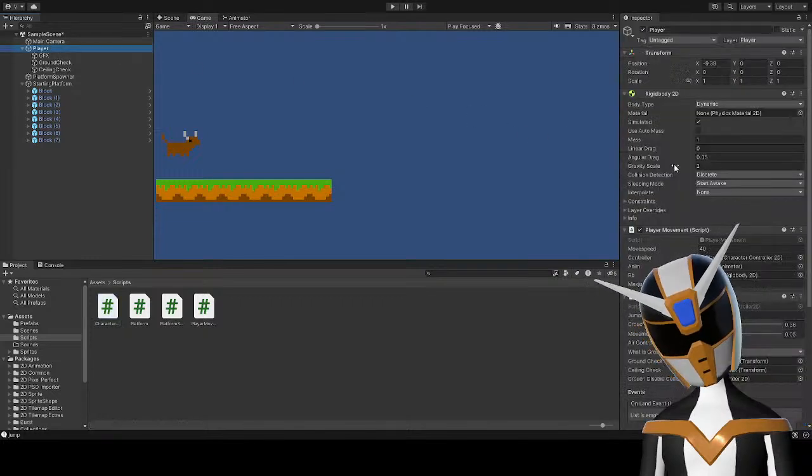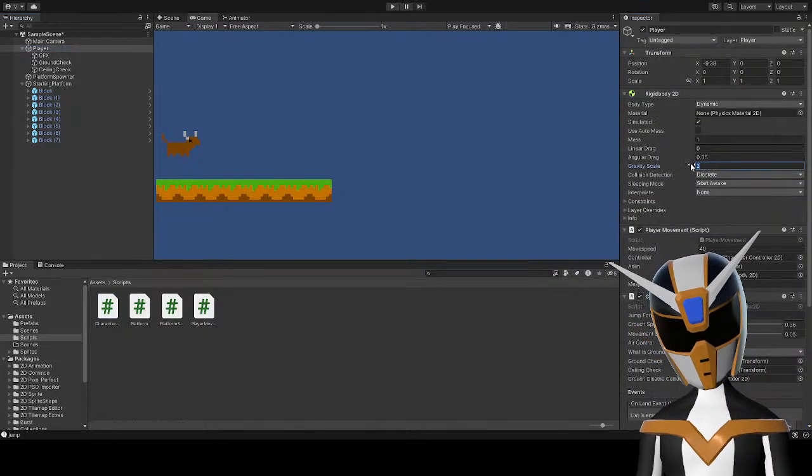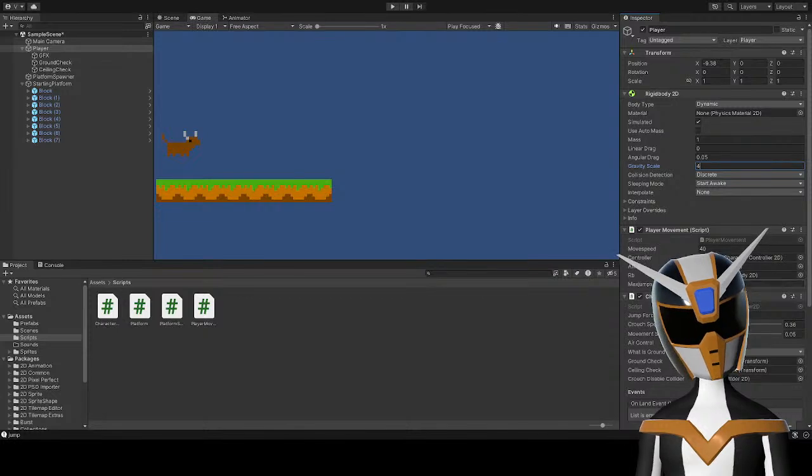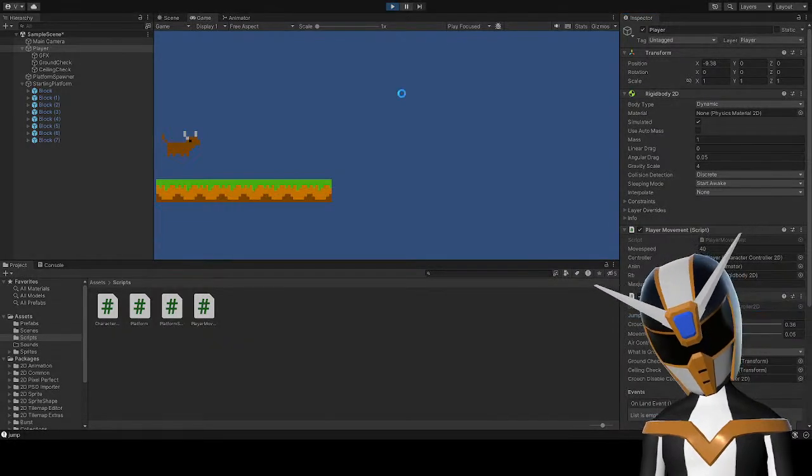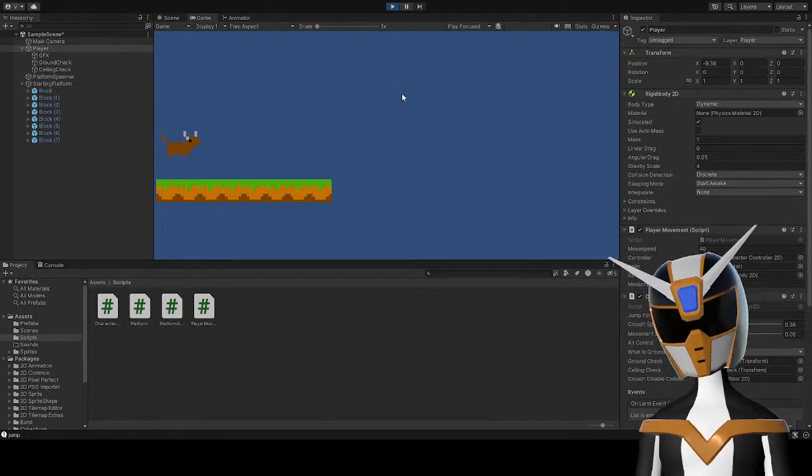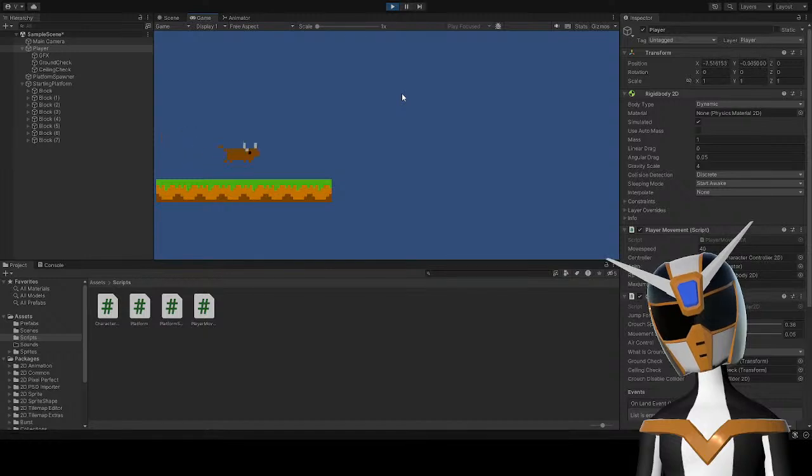Alright, let's adjust the physics a little bit. I want to make the gravity higher, and also add more jump force. I want the jump to be way faster. Whoa. That was a very tiny jump, a very tiny double jump, I mean.